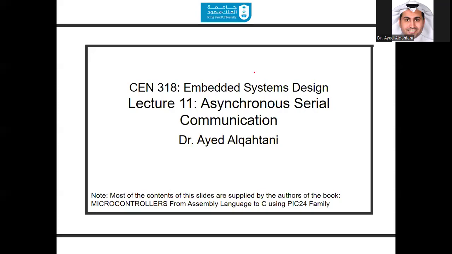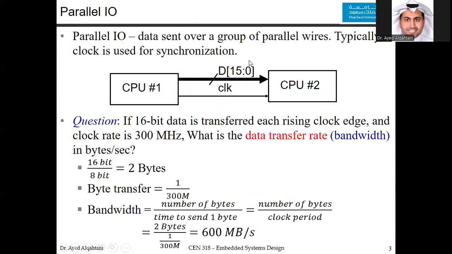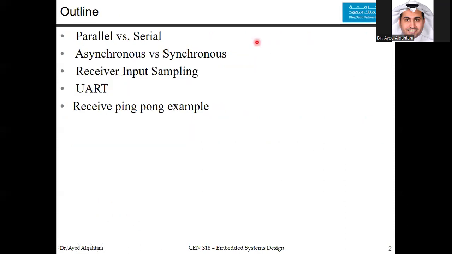We will continue the embedded system design class, and today we will talk about asynchronous serial communication. In the outline, we will talk about parallel versus serial communication, the asynchronous versus the synchronous wave communication, the receiver input sampling, how this is happening, and then we will follow by a discussion of the UART module of the PIC24 microcontroller, and we will give at the end